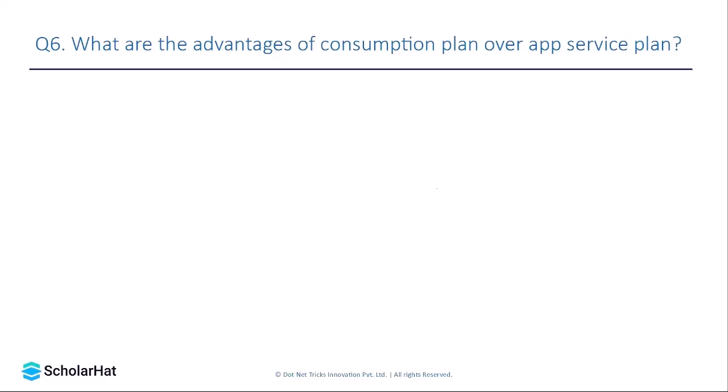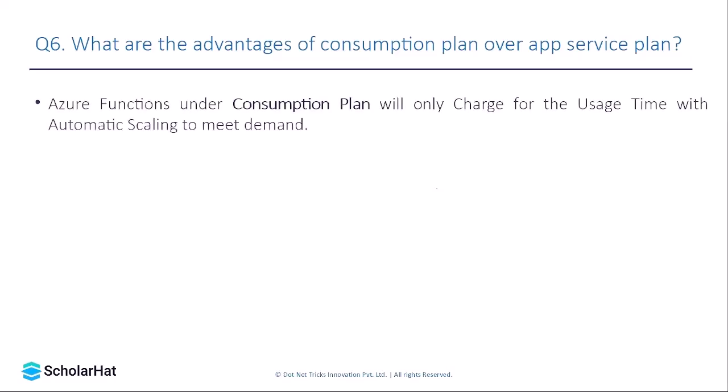It might be asked in a different way as well, like what do you prefer, a consumption plan or an app service plan? So let's discuss the advantages of consumption plan over the app service plan. The first advantage is that Azure function under the consumption plan will only charge for the user's time with the automatic scaling to meet the demand. We have already studied in the previous slide that under the consumption plan, we have to pay on a per second basis. So whatsoever time we are using Azure function, we have to pay for that time frame only, and that also